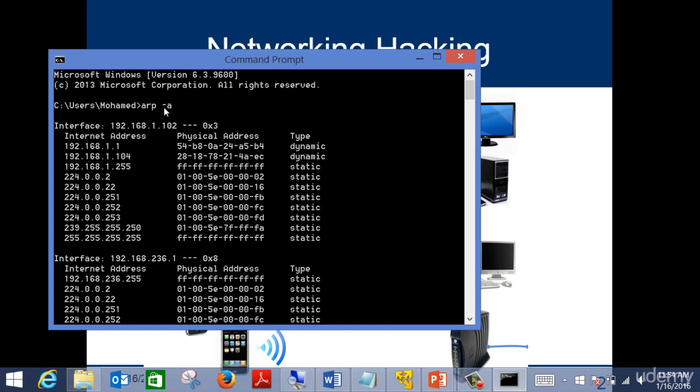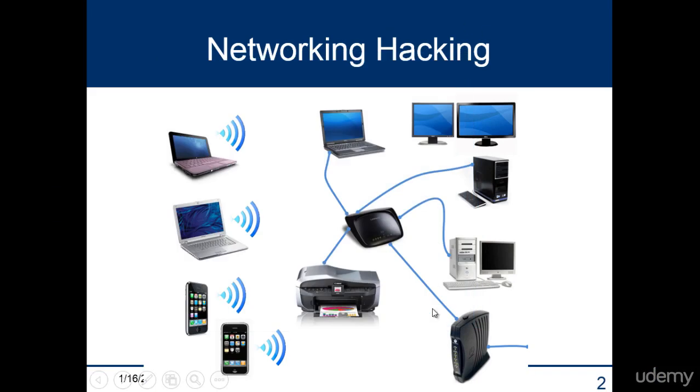And for the upcoming videos, whenever we do an attack, and if the attack is successful, please investigate why it was successful. Type arp -a and check: is this the right MAC address for this specific IP? By doing that, you get an idea about the manipulation of the ARP. And ARP can be manipulated very, very, very easily, as you're going to see in the upcoming videos. So let's take some attacks, and whenever you do an attack and it's successful, please analyze it.